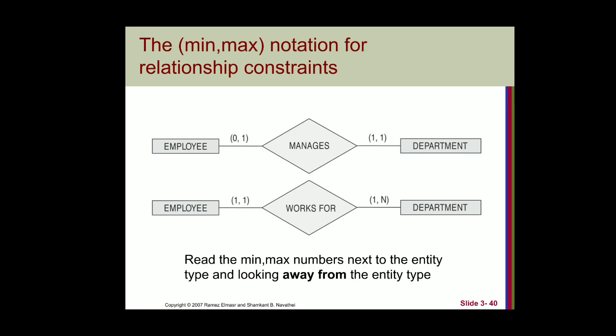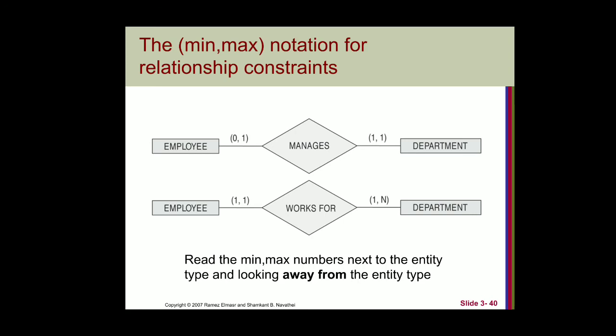What does it mean? There might be some employees who are not managers. For that reason, they will not have their existence in this employee manages department. Or if someone is working as a manager, then he is working for at the most only one department. For that reason we have taken 1. On the right hand side we have taken 1, 1. That is, min is 1 and max is also 1. That means there should be a manager for a department every time. There cannot be any department without a manager. So 1 is minimum, 1 is maximum, because each department will have at the max only one manager, so it is 1 comma 1.